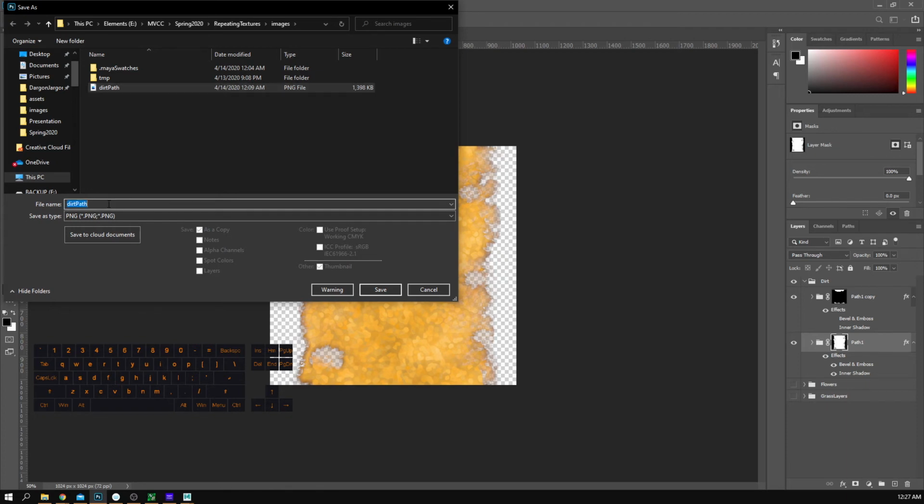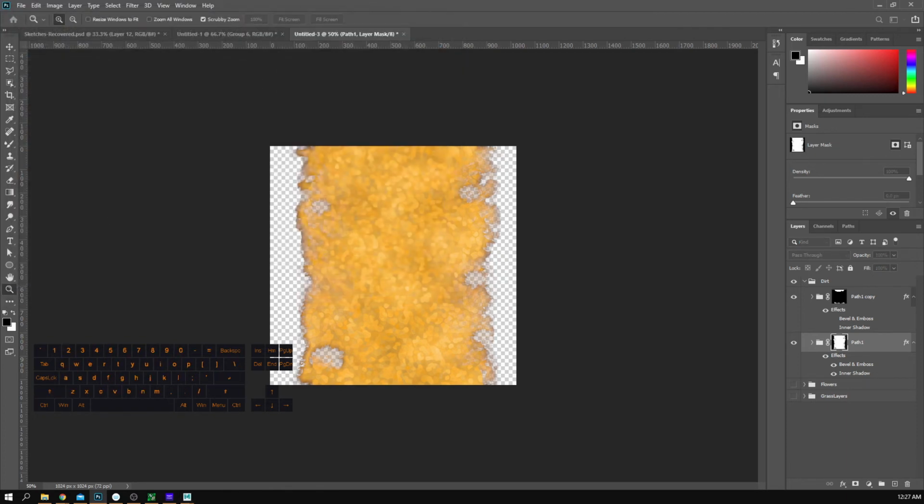And we'll call this Dirt Path for class. Okay, now again, that's not what I want you to name this. This is just for me to get this demo over with. And now in Maya,